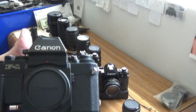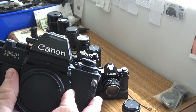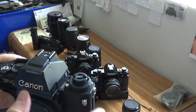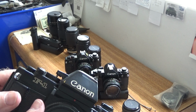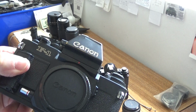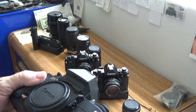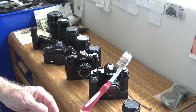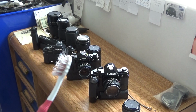But this camera is going to be a two-parter, because what I just did was show you the condition and the wear on this camera. It's a little bit worn down, and I'm not going to do anything about the indentations here. Those are going to be there, but I'm going to clean this camera up, and I've discovered that there's just kind of a simple little process to making these cameras look new, or pretty much new, other than, you know, a ding or something like that, but they're slight. But I have been getting really good at cleaning up the cameras, and it takes this tool, which is your old soft bristle toothbrush. This one's just drying out right now, and